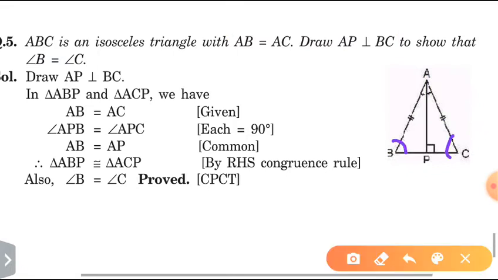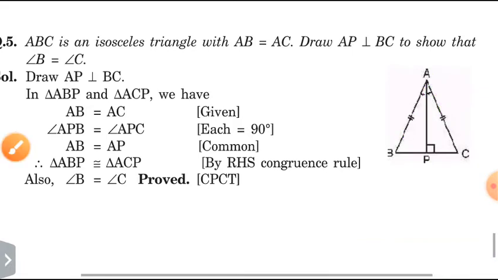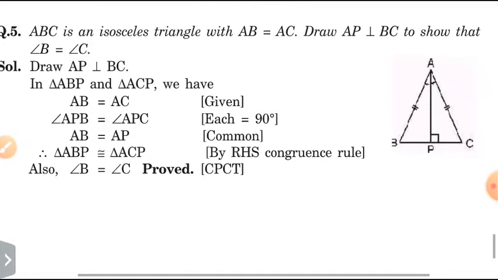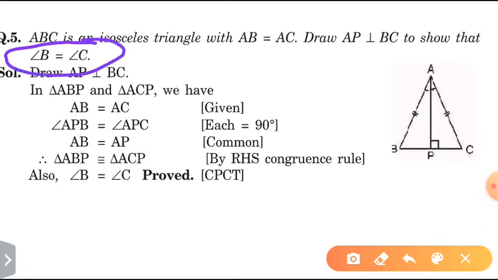Though you know that if triangle ABC is isosceles, so angle B equal to angle C. But we will not take it because we have to prove it. Whatever you have to prove, you cannot write it in the given section. We have to prove. Now see that we will take these two triangles ABP and ACP. Now if you will carefully see these two triangles, you can see that AB equal to AC, it is given in the question, the first thing.